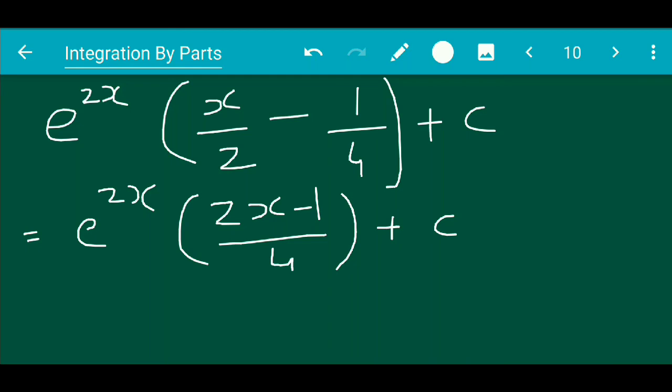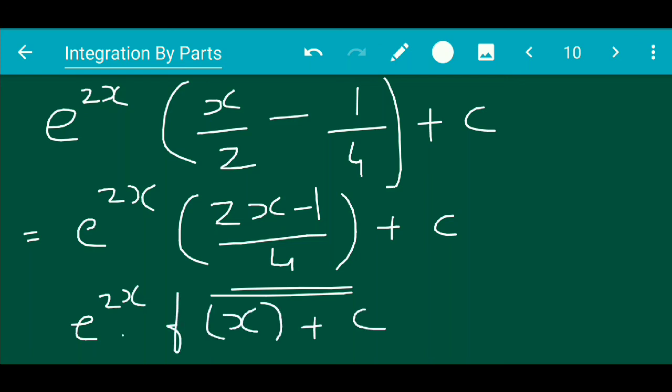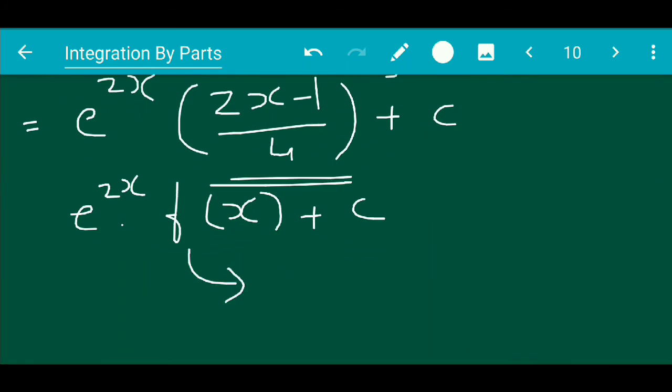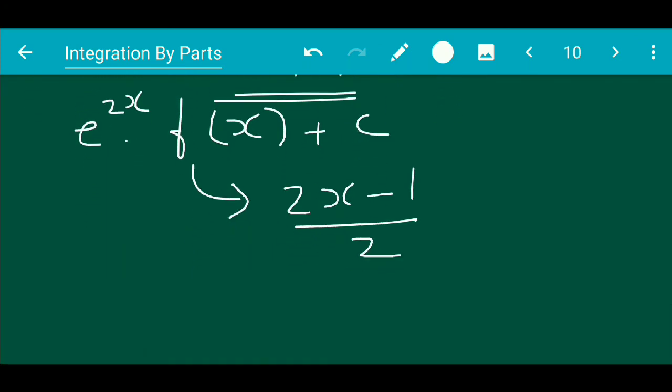Now comparing this with what they have given, they have stated that this bracket term, that is f(x), is of a similar form. e raised to 2x, as they have given in the question, is e raised to 2x into f(x) plus c, where they have said that f(x) is coming as (2x minus 1) upon 2. They have stated this in the question, you can check it out. But then we are getting (2x minus 1) upon 4 as the actual answer. That means whatever they have stated is false. So thus we get the answer for this as false over here.